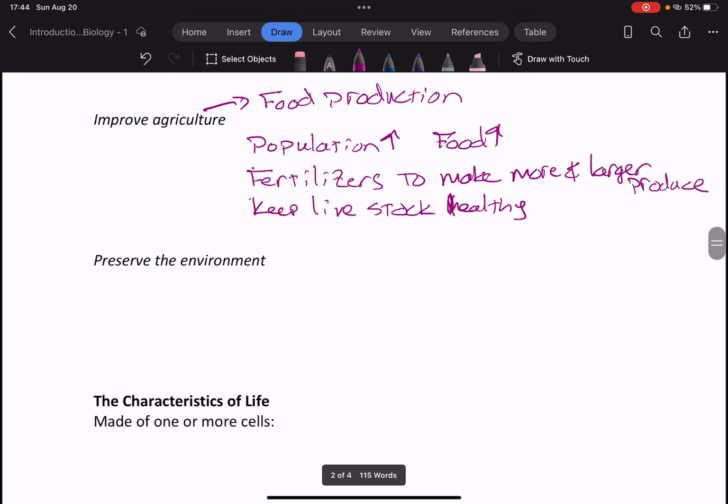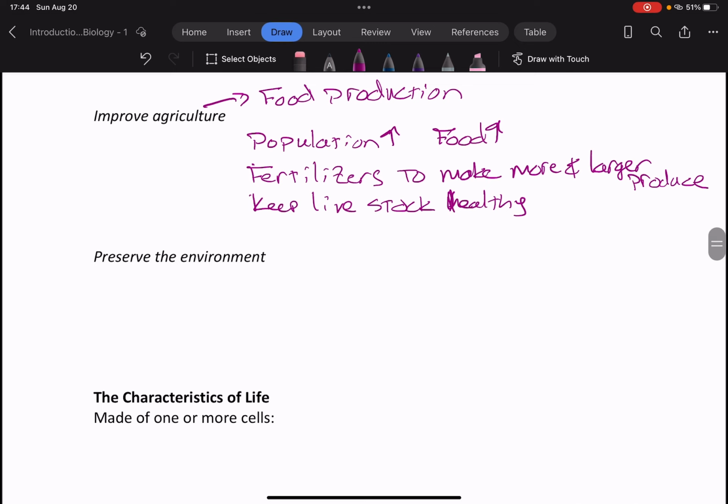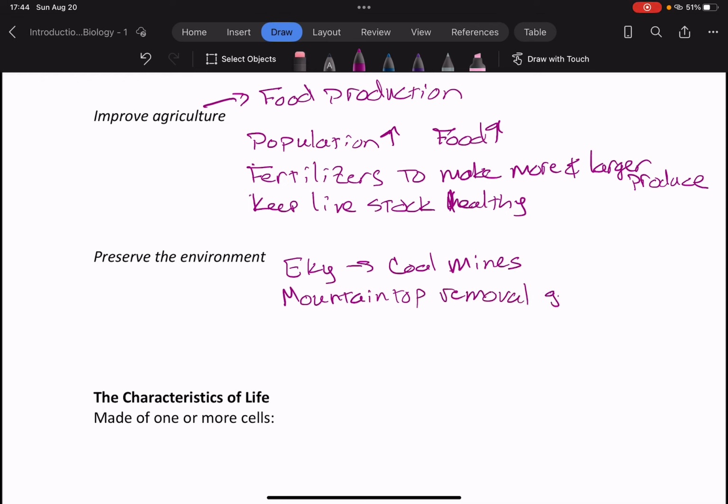All right, not only that, you want to preserve the environment. The environment would be like, okay, for example, in eastern Kentucky, they have coal mines, okay? And sometimes those coal mines, they don't want to do underground mining. What they'll do is they'll do mountaintop removal, okay? In mountaintop removal, generally